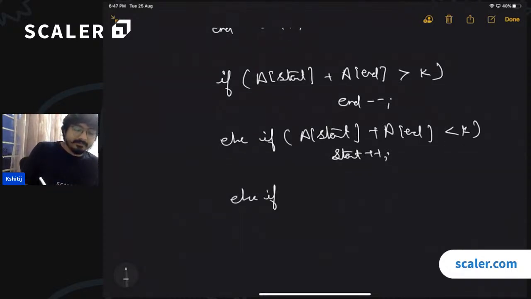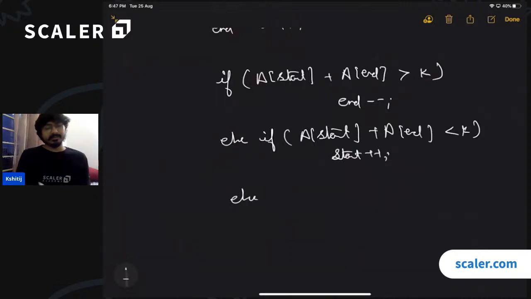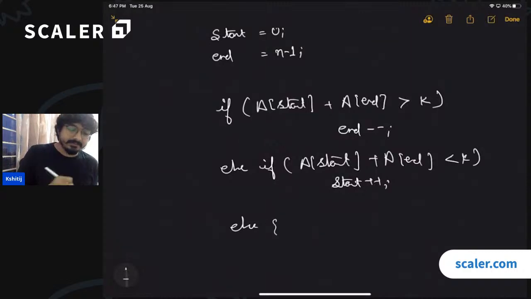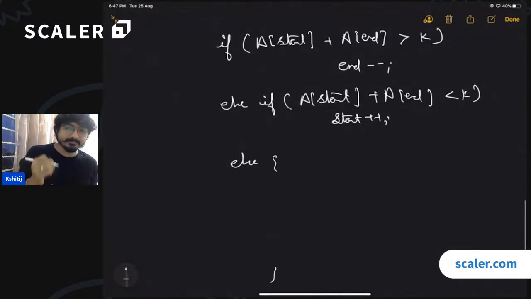Else, if a of start plus, what is the last case which is remaining? The only case that remains, I don't need to write this whole thing, is what if the sum is equal to k? In that case, what can we do? If the sum is equal to k,